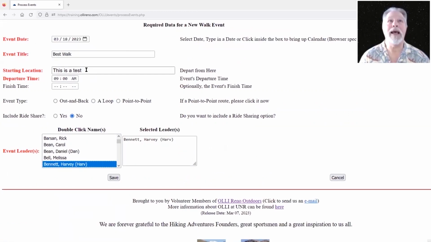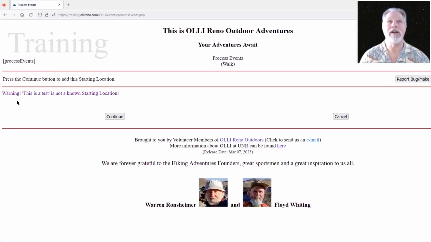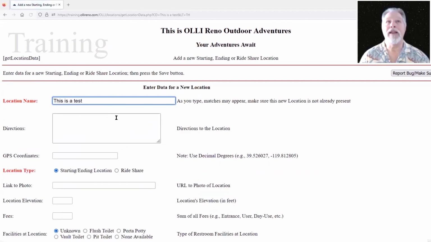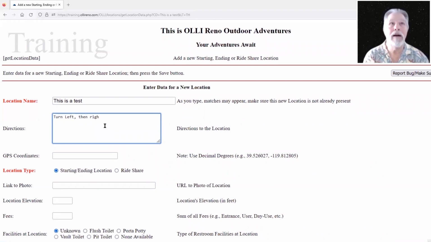When you type in a starting location that we don't know about, you get a message: This Is a Test is not a known starting location. You can then come in here, put in directions,